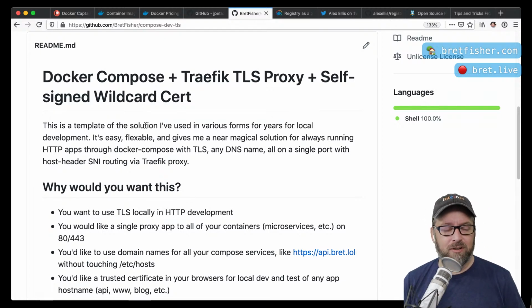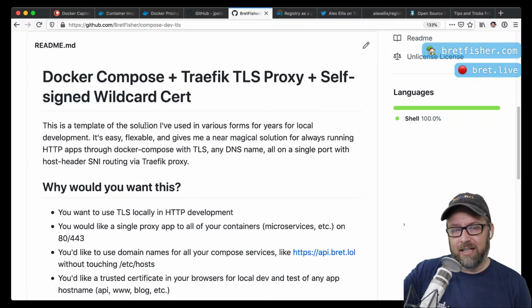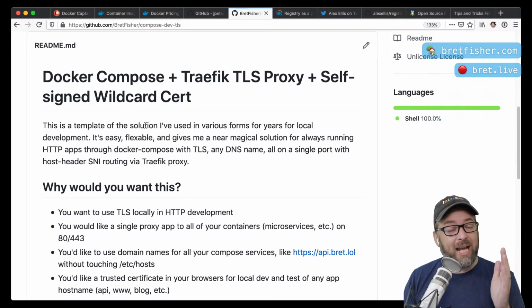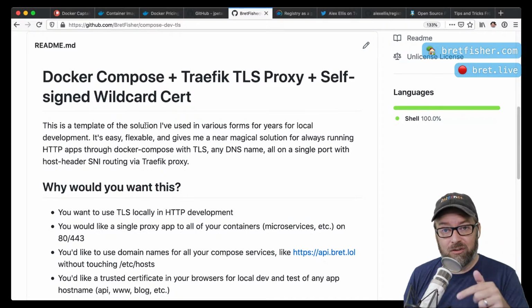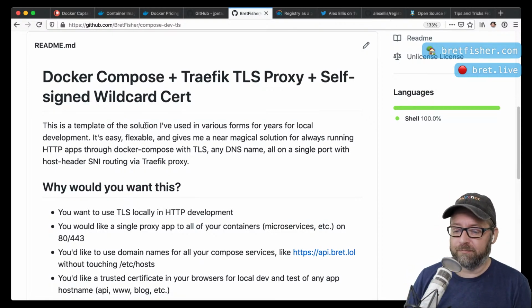They were one of the first, if not the first, to have built-in automated Let's Encrypt. Now, we're not using Let's Encrypt here because Let's Encrypt requires that the servers on the internet can talk to your machine, and that's not normal. Normally, your machine is not on the internet in a direct way, and there's not a port coming in to your machine. You can do that, but I don't see the need. I don't need real Let's Encrypt certificates, especially since this solution solves it for me permanently. I don't actually have to do that.